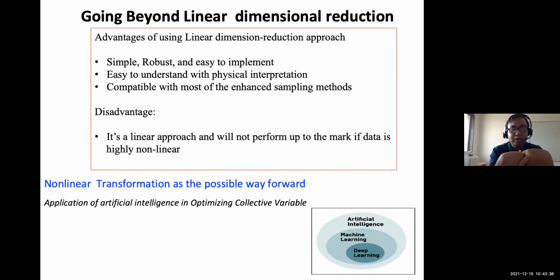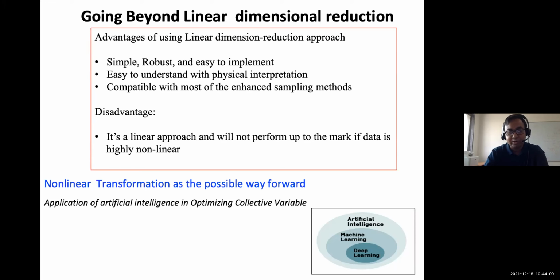So what we thought is that the problem we are dealing with is that the data, the simulation trajectories, which are often multi-microsecond currently, is quite stochastic, and by nature it is completely non-linear. So maybe a non-linear transformation of this kind of data might be a more generic and more promising way forward. In that particular aspect, what we are finding in the literature of the last 5 years,